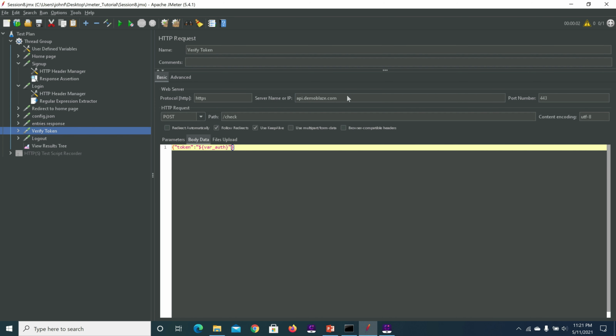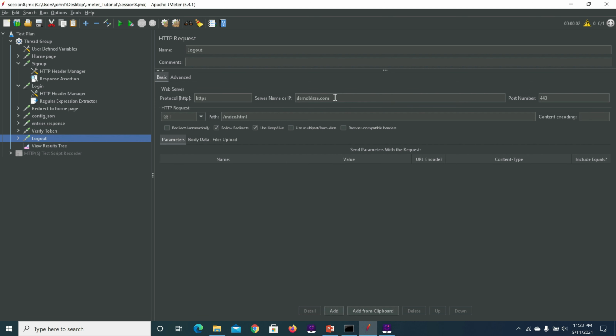This also has the API variable. And logout is the default one. I'm saving this test plan.